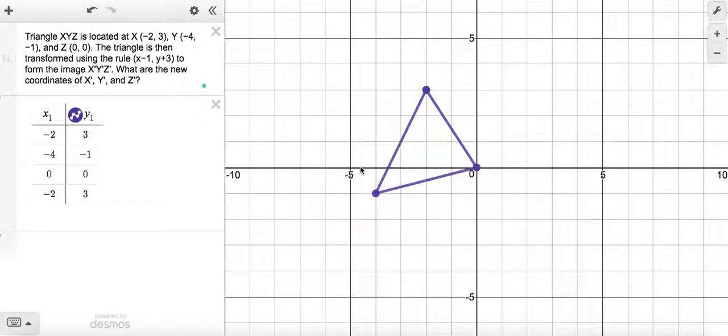Friends, all right, so today we're just going to do a quick little video and talk about transformations in this module. And we're going to transform this triangle. If you look at this problem, I have it written right here, triangle XYZ is located at